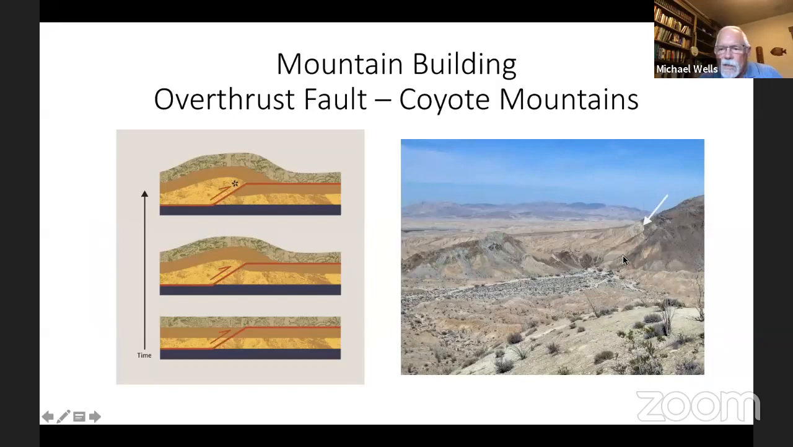And let me see. Anyway, right behind the little box here on the right, let's see if I can move it. Anyway,